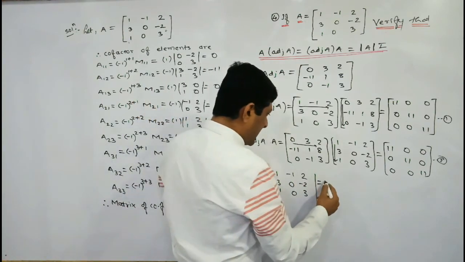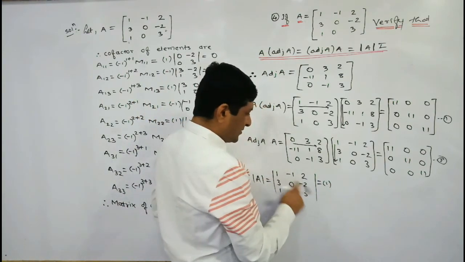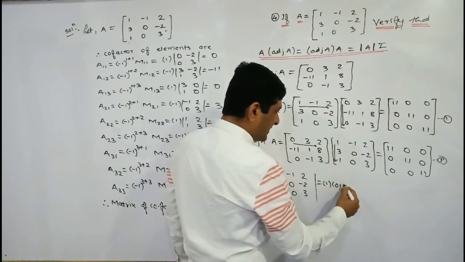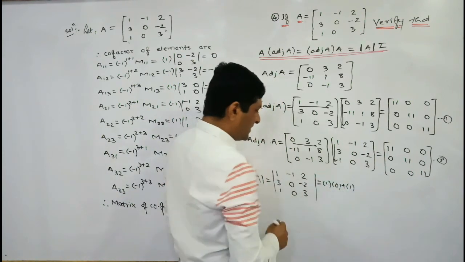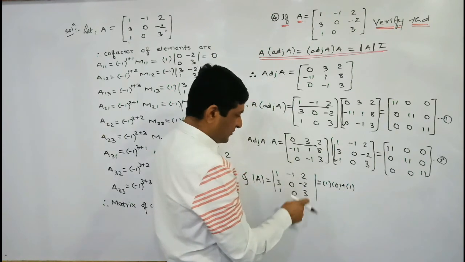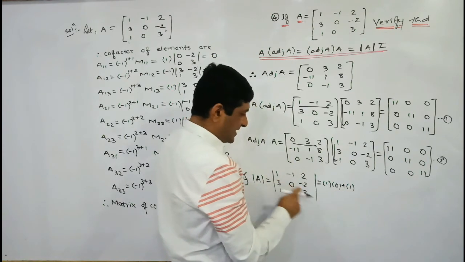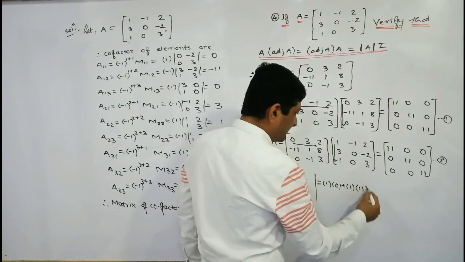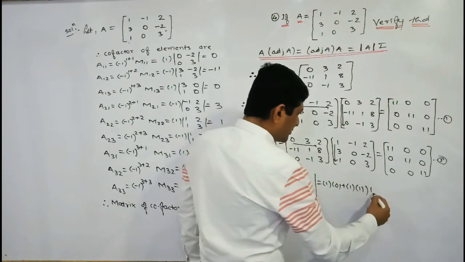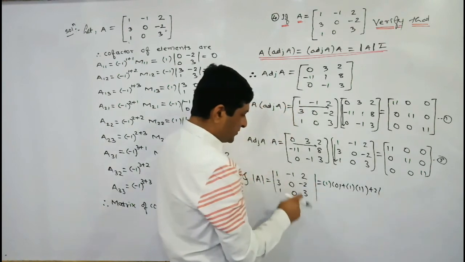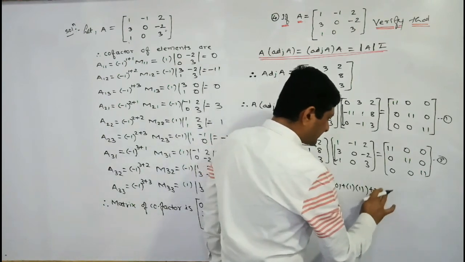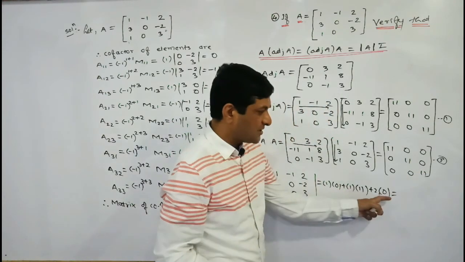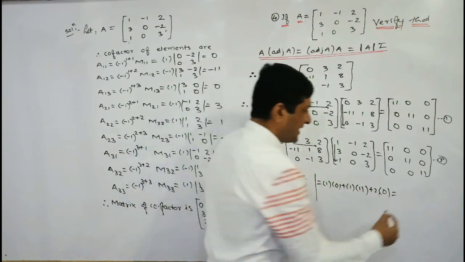So here 1 keep it as it is, delete this column, 0 minus 0 is 0, then here minus 1 is there, then we are writing here plus 1, and delete this column, find out the determinant of these four elements. 9 minus minus means plus 2, 9 plus 2 is 11. Lastly, plus 2 into, delete this column, 0 minus 0 is 0. So we can observe that here we are getting 0, here also 0, and here 11 ones are 11,